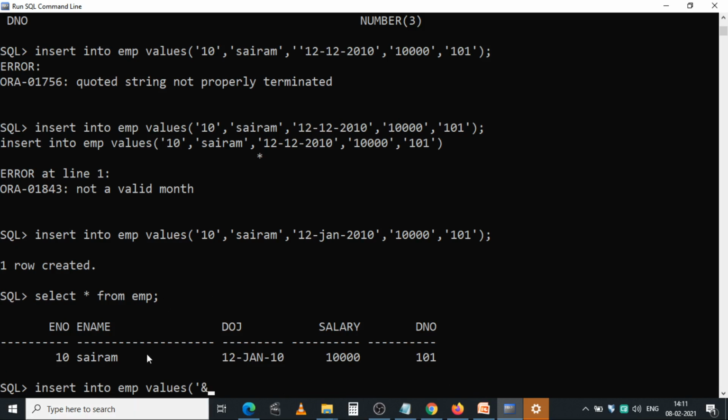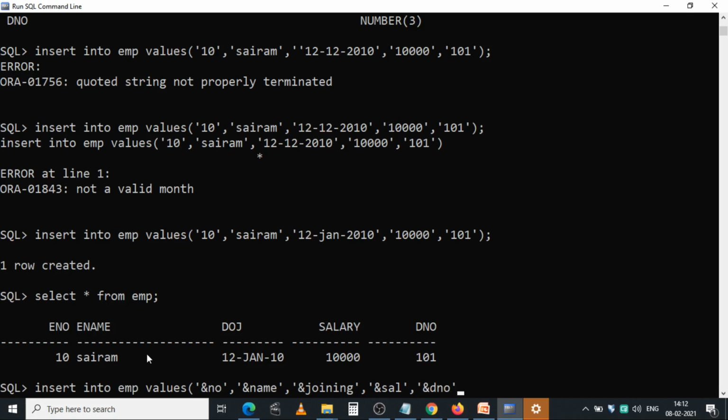What we have first: employee number, comma, name, ampersand name, DOJ, ampersand joining date, and next salary, ampersand sal, next D number, ampersand D number.